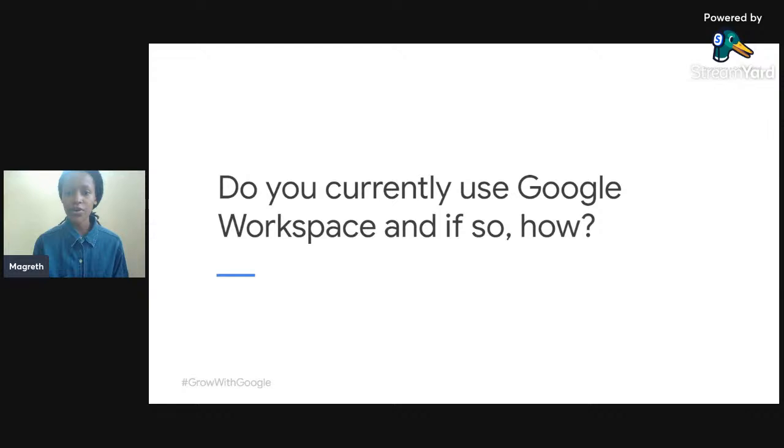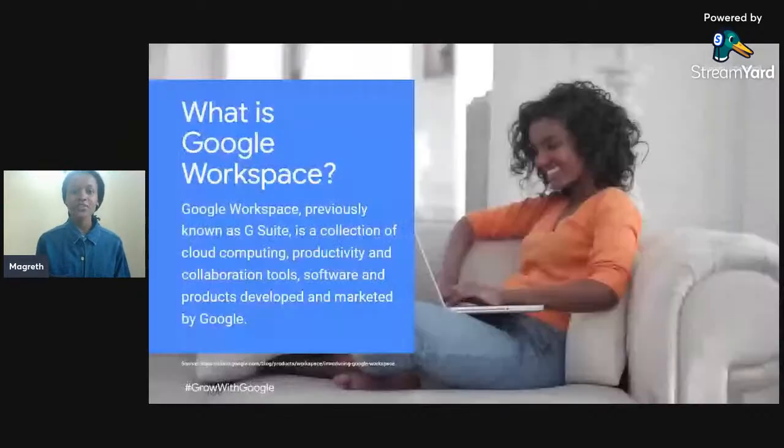You can provide your own examples, like saving files on shared drives, collaborating with teams, emails, etc. You could even be using Google Workspace in your company without knowing that you are using it. Because Google Workspace, what is it exactly? So Google Workspace,